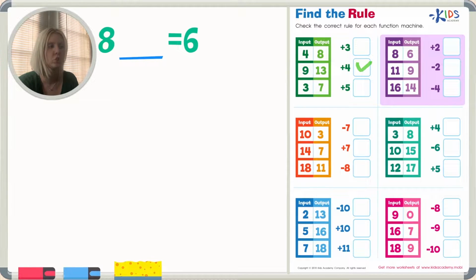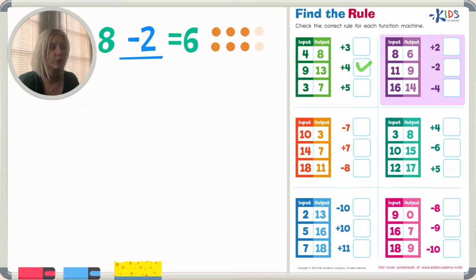8 minus 2 equals 6. And let's go ahead and draw this out. 1, 2, 3, 4, 5, 6, 7, 8, okay? And then I'm going to take away 2. 1, 2, and then I'm left with 3, 4, 5, 6. I'm left with 6. So that is the correct answer,